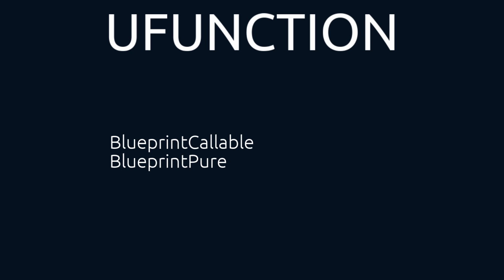For example, using BlueprintCallable would create a blueprint node that is blue and has execution pins. So it will be executed if the input pin gets active. If we use BlueprintPure, then we will get this green node which has no execution pins and will be executed only if necessary. Really important to mention is that BlueprintPure can only be used with functions that